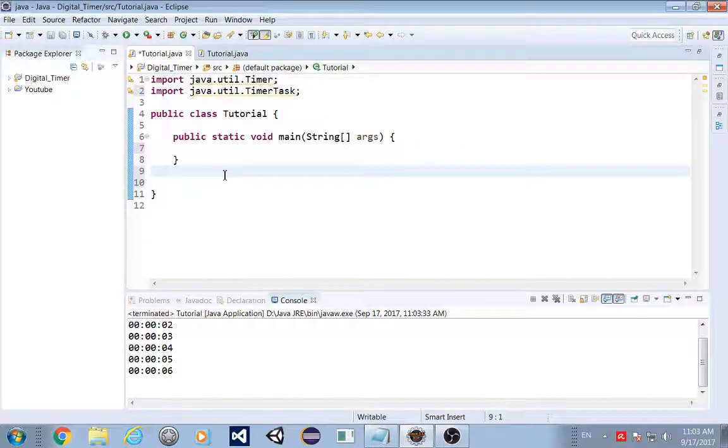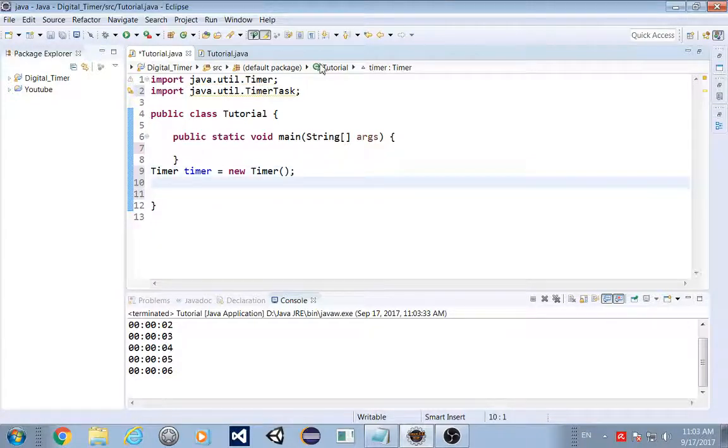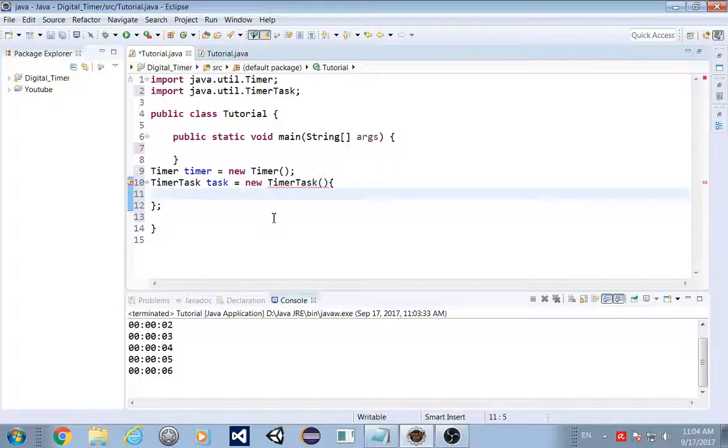We're gonna start by using the Timer class. So timer equals new Timer. Already imported that here, and we're gonna need a TimerTask. So timerTask equals new TimerTask, and here we make the function that the timer runs every second.